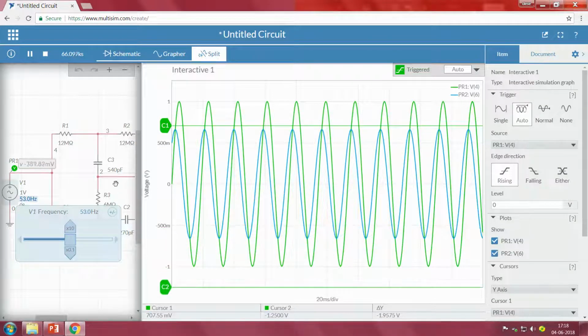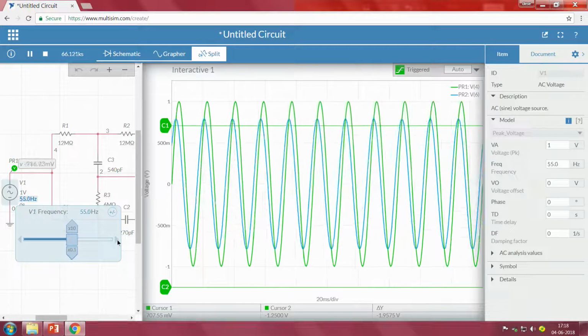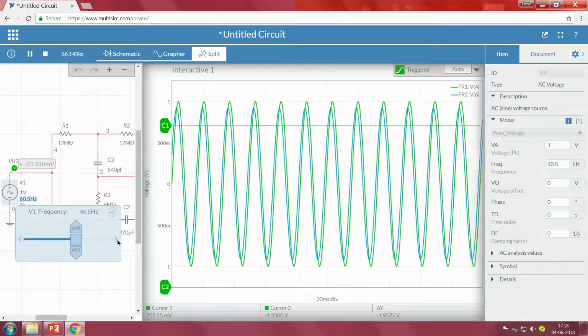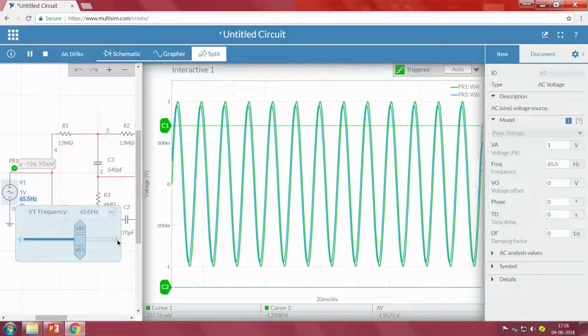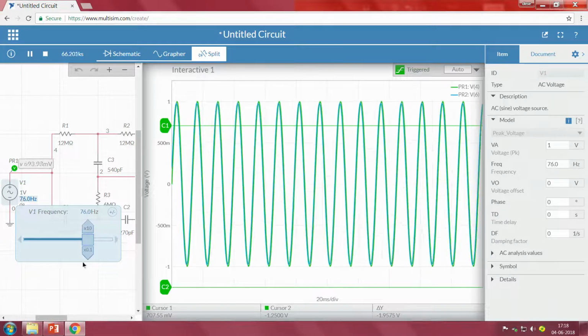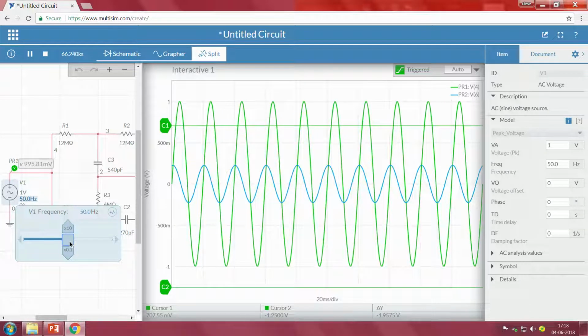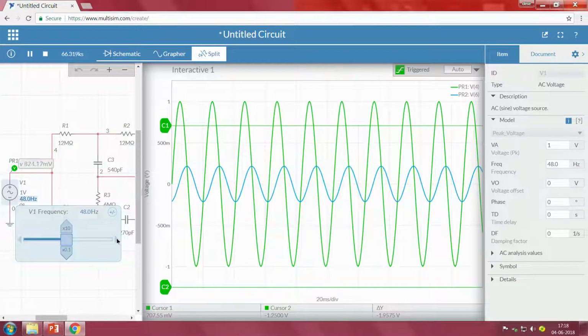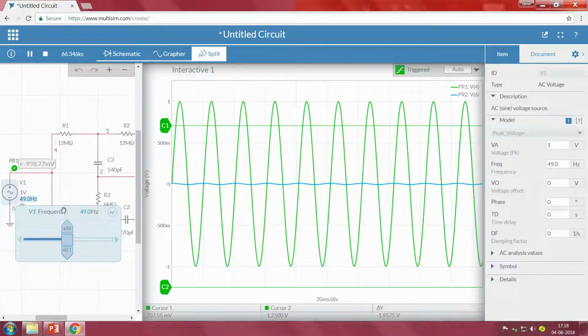Forget about C2. But as the frequency is greater than the value, again it follows the input. So this we can clearly understand, whether the filter that we have designed can cut off very close to the 50 hertz frequency or not.